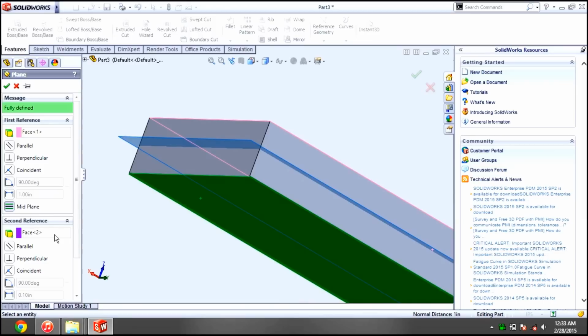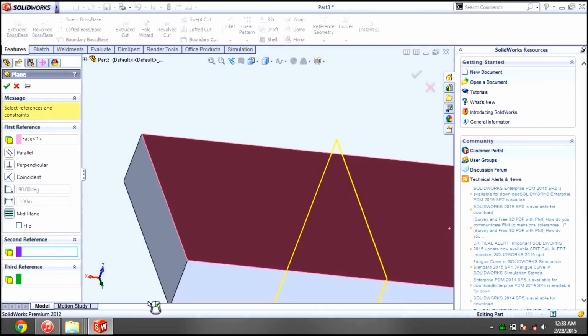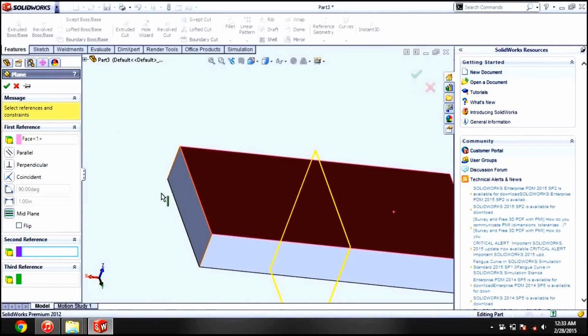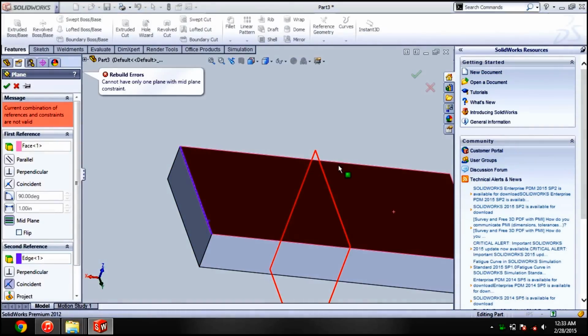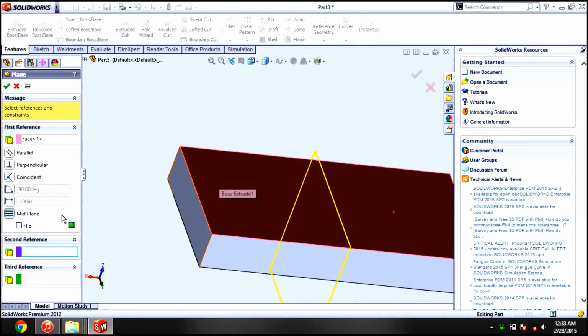Now coming to the angle part: how to make a plane at a specific angle with a certain plane. Suppose we have selected this plane and this edge. Sorry, the red color shows a rebuild error, meaning there is an error while creating the reference plane.